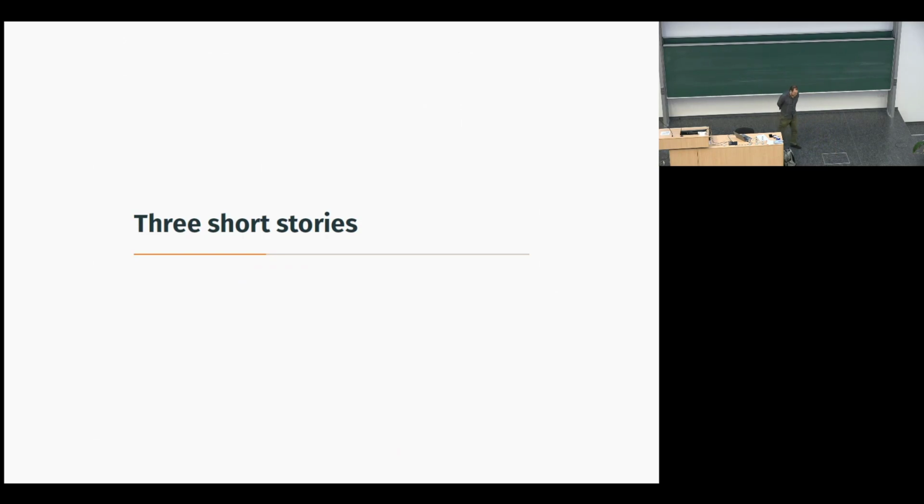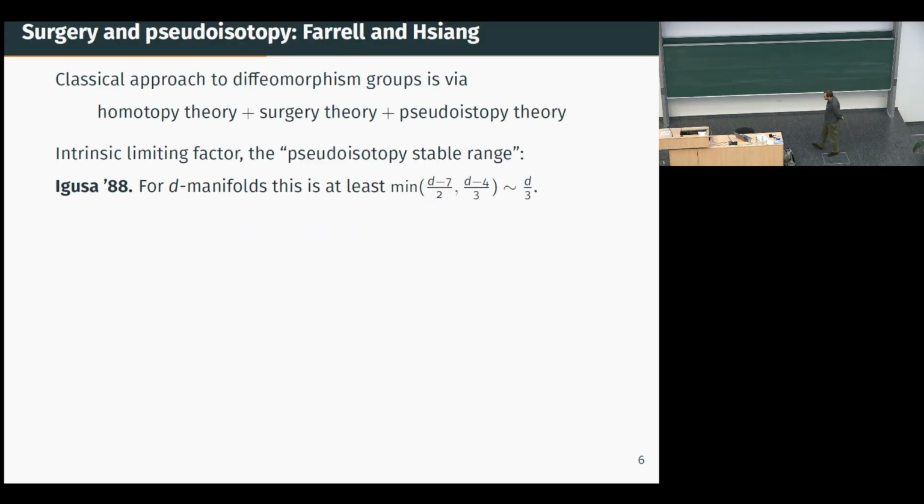So that was OD. I now want to tell you what we know about top D, so homeomorphisms of RD, by 3 short stories. So there's a classical way that you can try to study diffeomorphism groups of, in principle, any manifold. And it's a 3-step method. None of these steps are practical in many examples. But for the disk, it turns out that they're practical. And